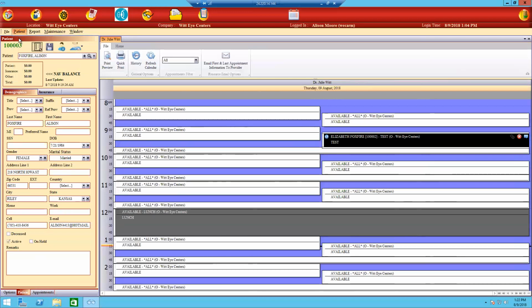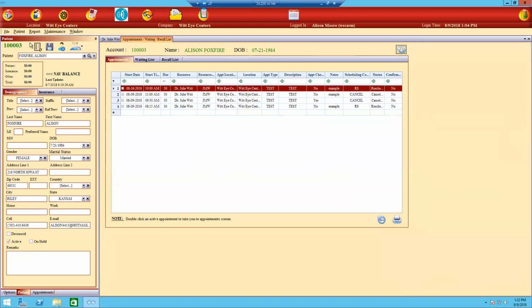By making that selection across the top of your calendar, you're going to get tabs very similar to Internet Explorer. And here what you can do is take a look at the different appointments that this patient has had. So if we start, you can see down at the bottom that she was originally scheduled 8/9 at 8:15 for 30 minutes with Dr. Julie, but then that one was rescheduled. Above there, I can see that there was a 9:30 and 11 that were canceled and another one on the 16th that was